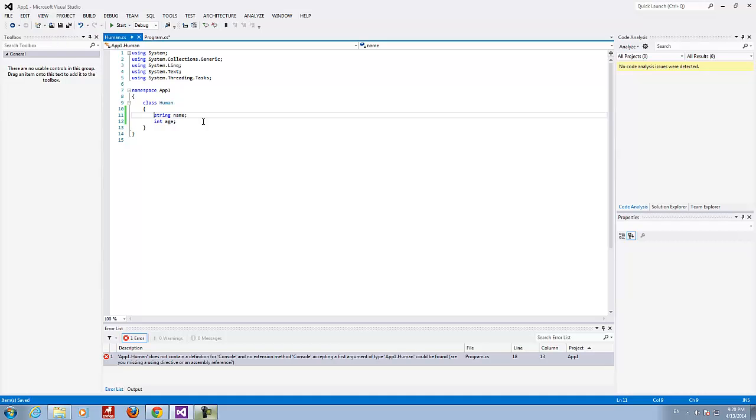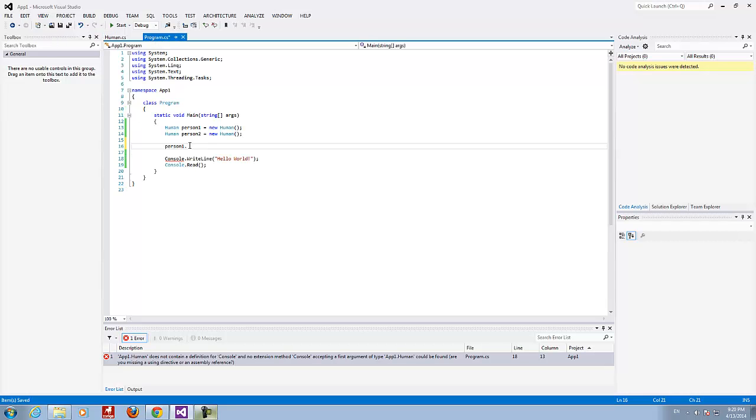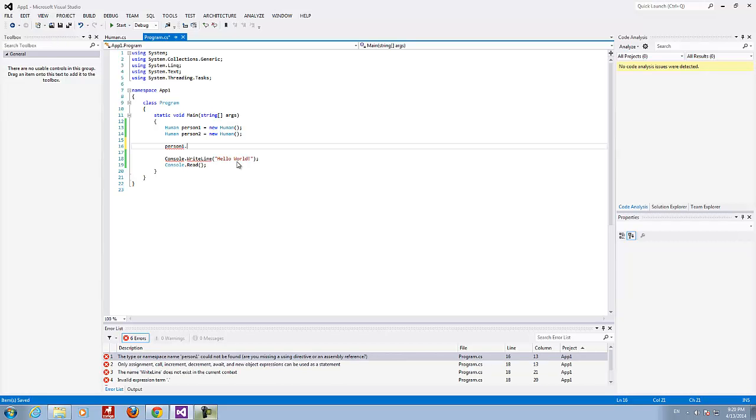But we said that we want to keep the properties somewhere, and this is one possible solution for us, using the fields. So let's allow everybody actually to change the values of the name and age by using a special modifier, an access modifier called public. By default, as you can see, the fields are not accessible from the outside world, but we want to keep the properties of our objects in these fields.